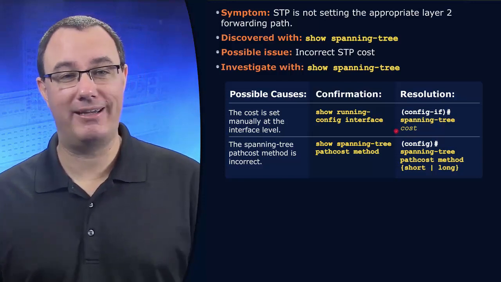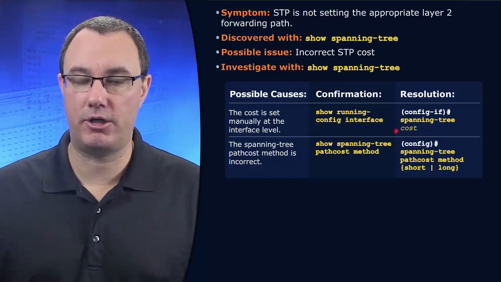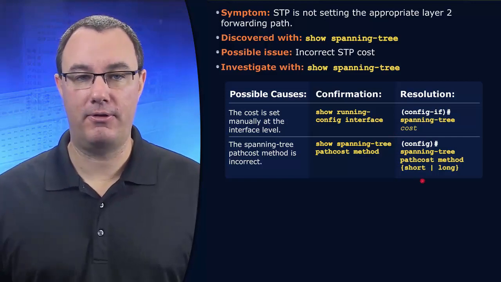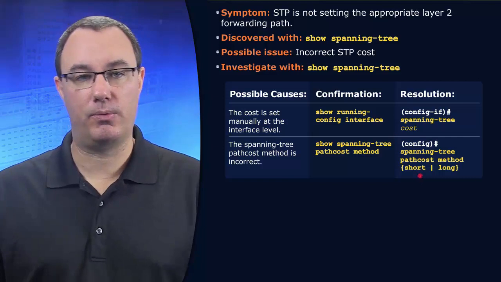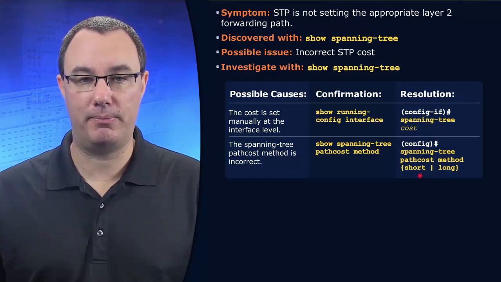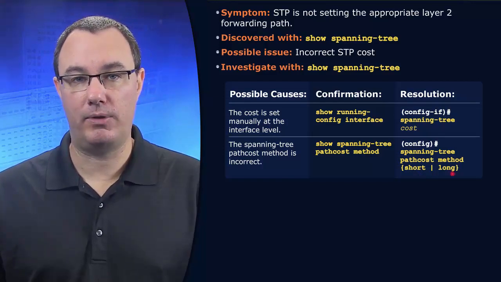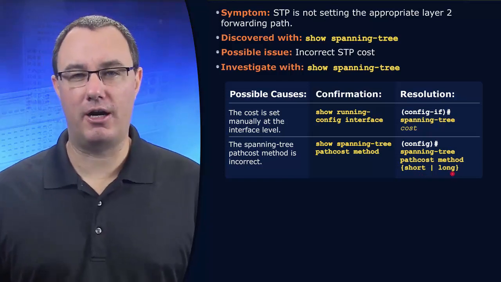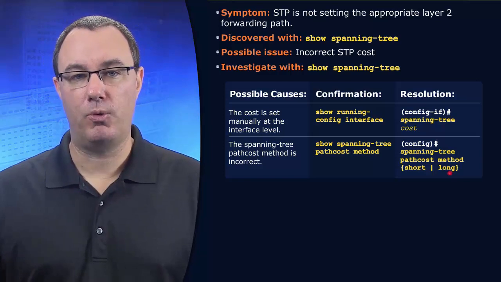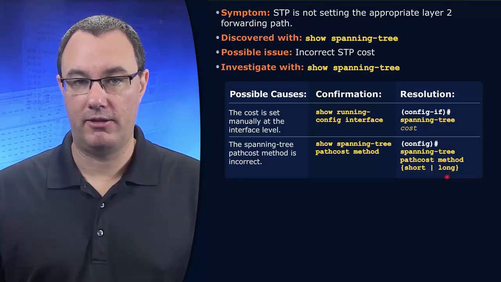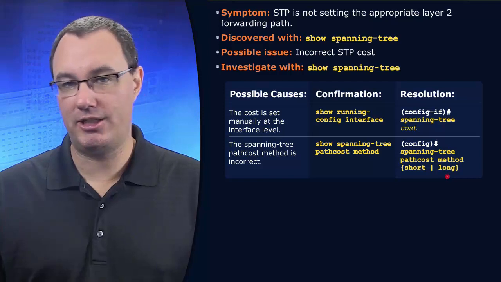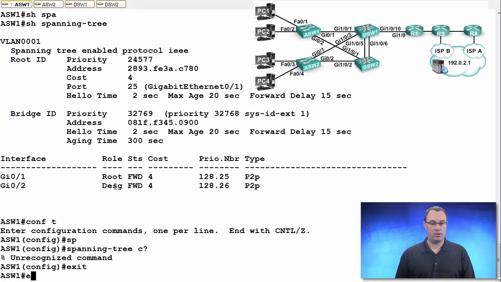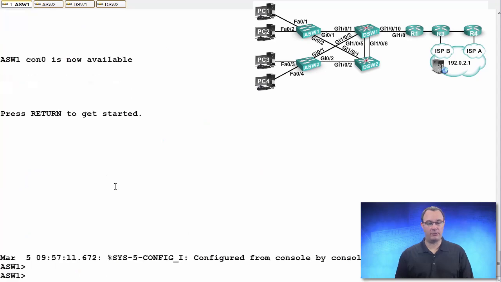Now, there is another thing that you might just want to tuck away in the back of your head, and that is spanning tree has two different path cost methods. Short is what we get when we're working with classic or rapid spanning tree protocol. Long is what we get with MST. Have you ever noticed that we get very, very different costs when we're working with MST? Well, part of the issue is that changing it to MST will also change you to the long path cost